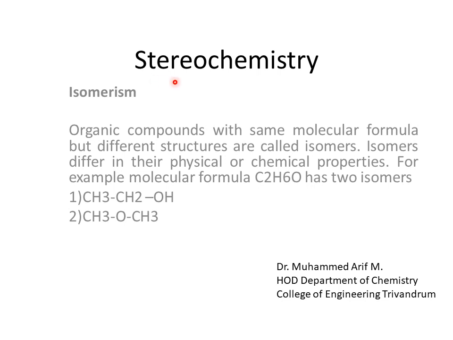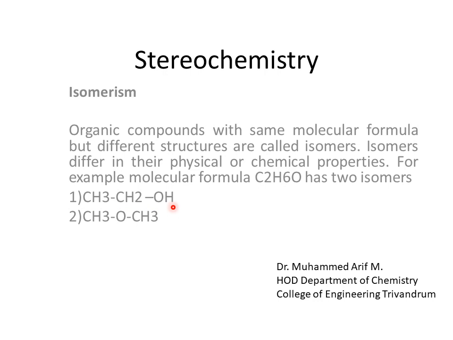Let us see the topic stereochemistry. First we see what is isomerism. Organic compounds with the same molecular formula but different structures are called isomers. Isomers differ in their physical and chemical properties. For example, molecular formula C2H6O has two isomers possible: